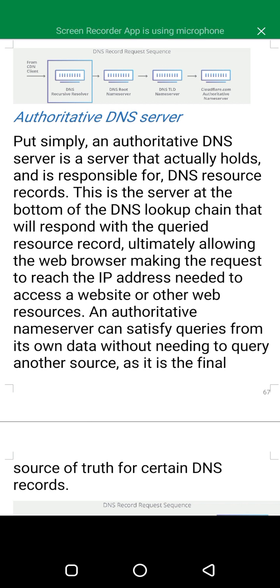This is the server at the bottom of the DNS lookup chain that will respond with the queried resource record, ultimately allowing the web browser making the request to reach the IP address needed to access a website or other web resources. An authoritative name server can satisfy queries from its own data without needing to query another source.